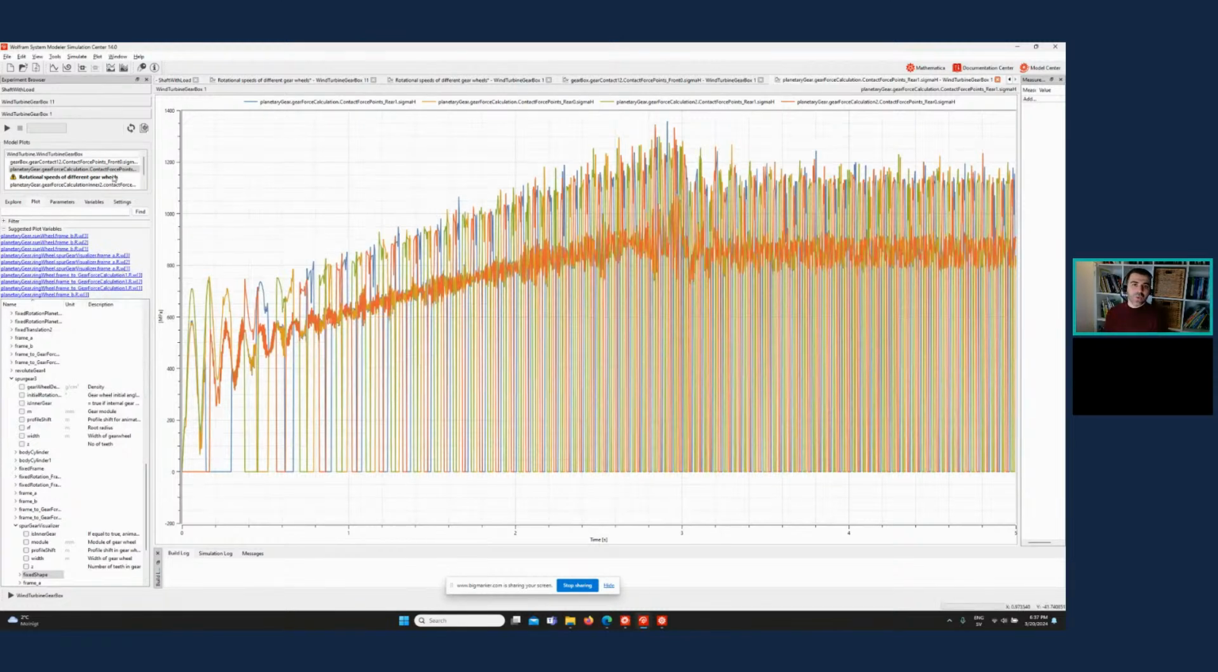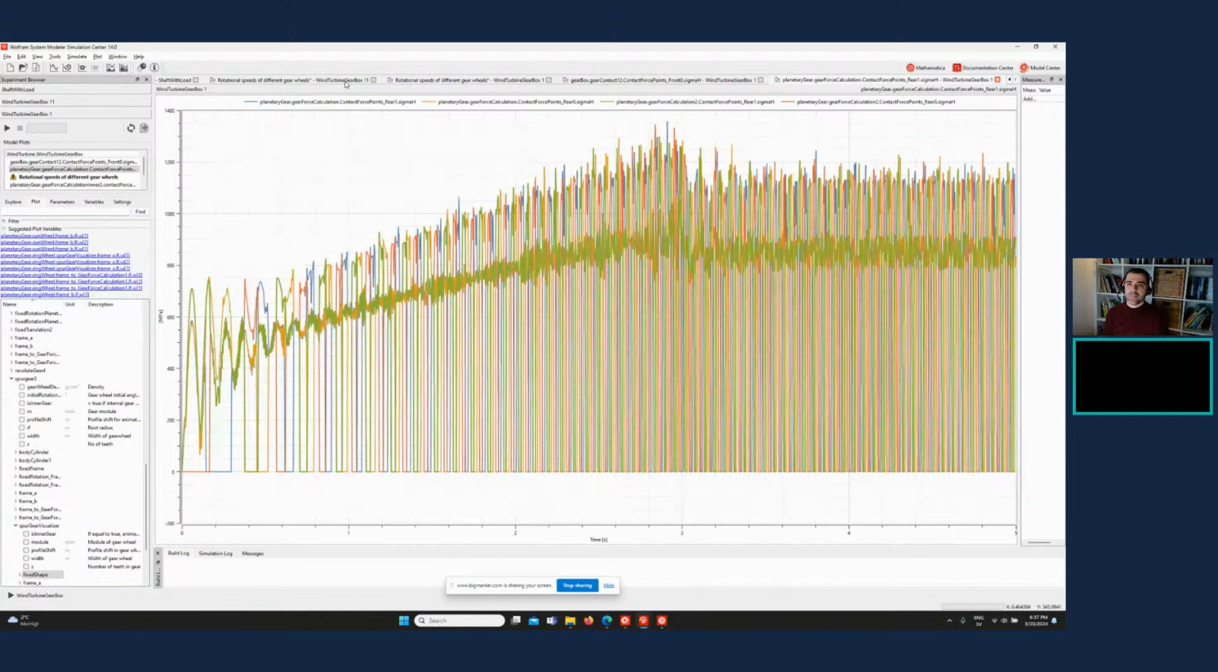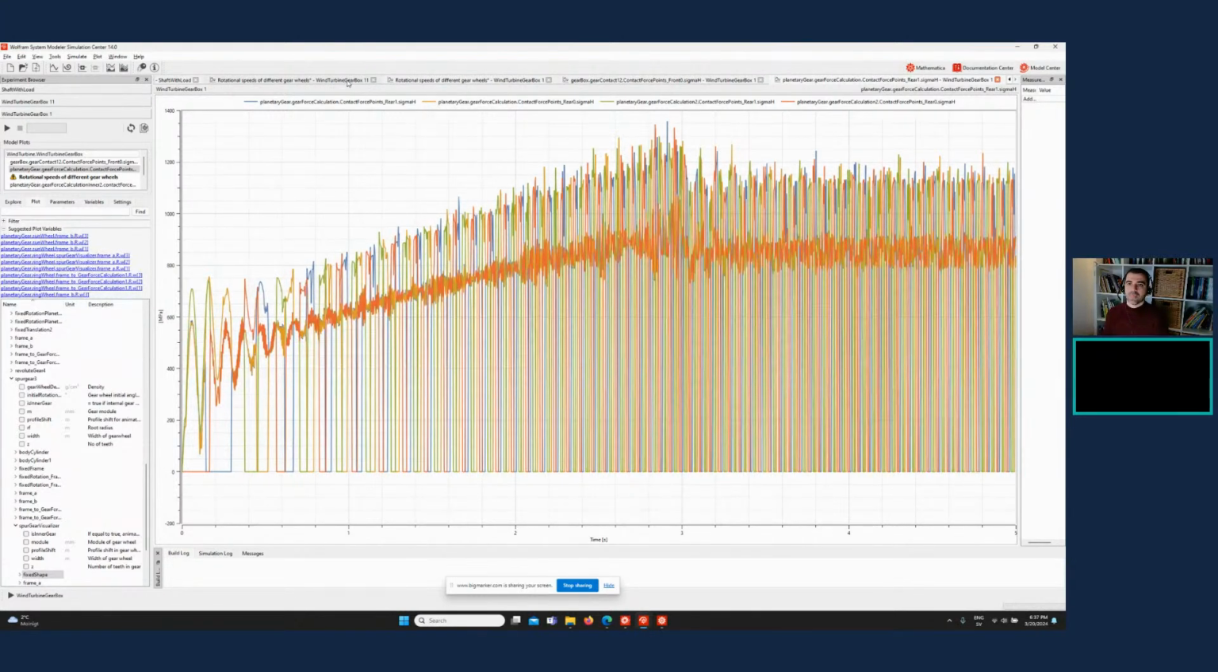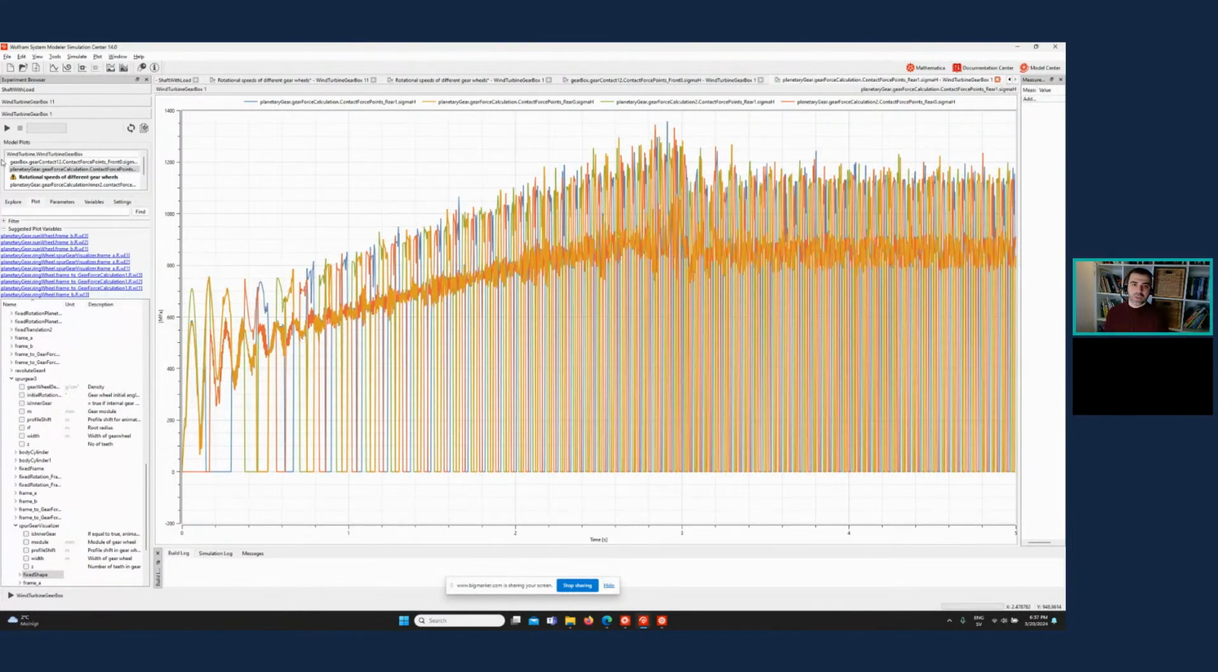Okay. So can you also zoom in a bit to see what sort of details you get here? Right. So for instance, we can just look at the